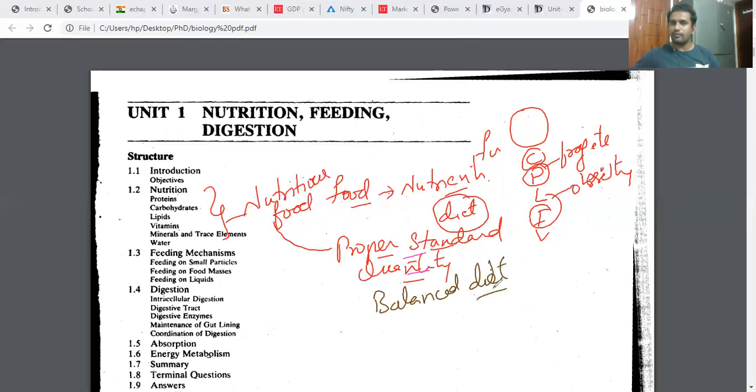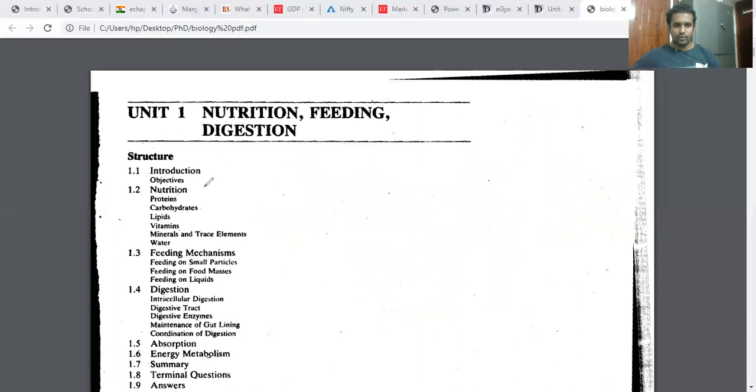This is what we have learned till now. So we have learned three terminologies. What is the meaning of food? What is the meaning of nutrient? What is the meaning of nutritious food? And what will happen if we take these nutrients in an inadequate or excessive manner? If you take less, you will get a disease. If you take more, again you will get a disease. You cannot have any of these nutrients in excess or in less quantity. You have to take adequate. Adequate means sufficient. When you take something in sufficient amounts, that is called a balanced diet. So we are going to learn about this.